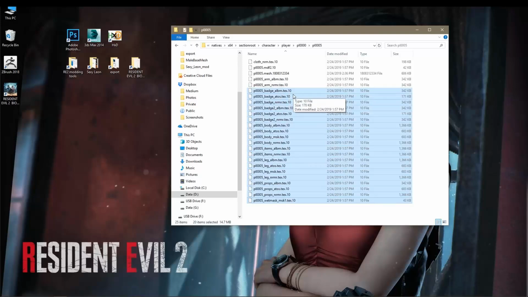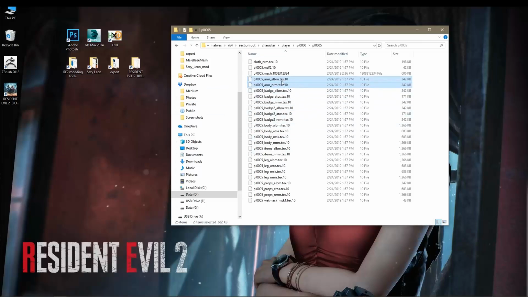If your object has multiple sub-objects, you might want to use some of these parts right here, but for this example we're just going to do the arms, which was the one associated with the whole body. So as you can see, it says PL005 arm alb-m dot tex. So this is alb-m, and this one says NRMR. Okay, so what this means,